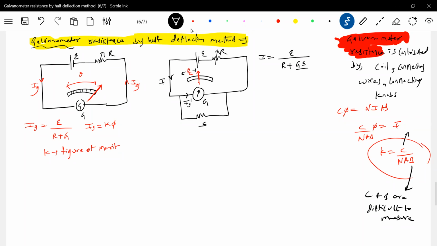these two are parallel, no? So GS by G plus S. So now how much current? IG dash should be found by the branch current method. What is the current in this branch? Main branch current into resistance of the other branch, divided by the sum of these two resistances. So it will be I S by G plus S. We'll substitute the value for IG dash. This will be equal to E into